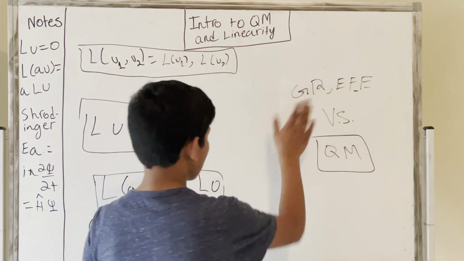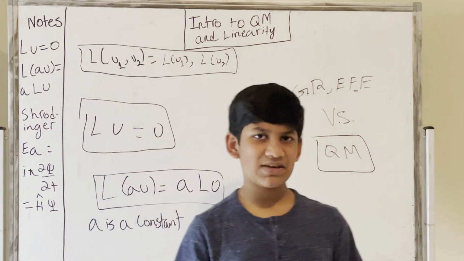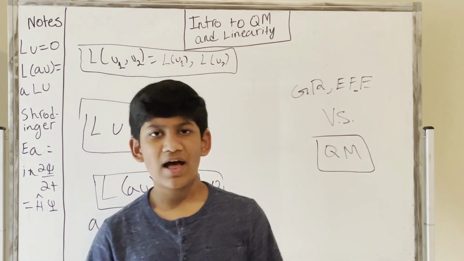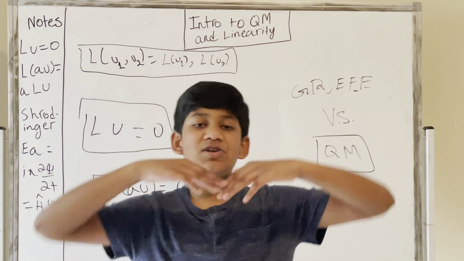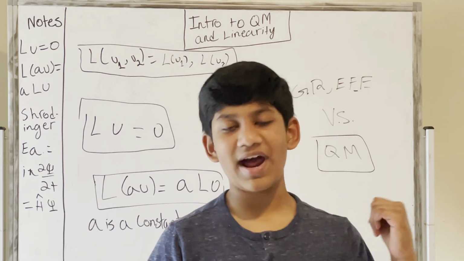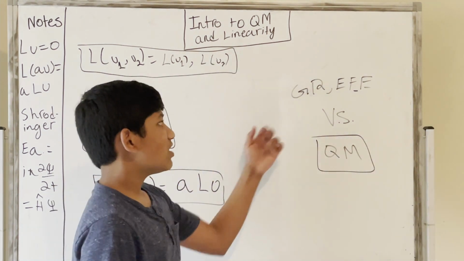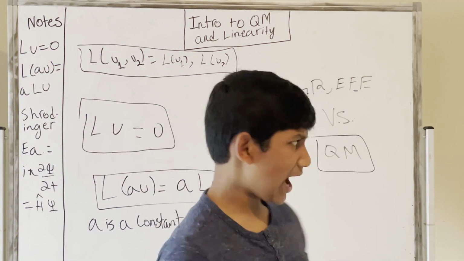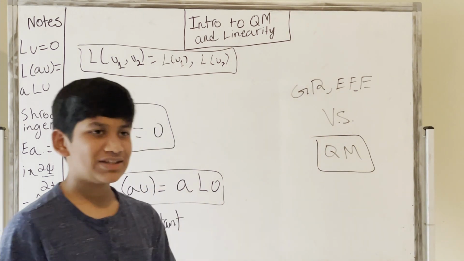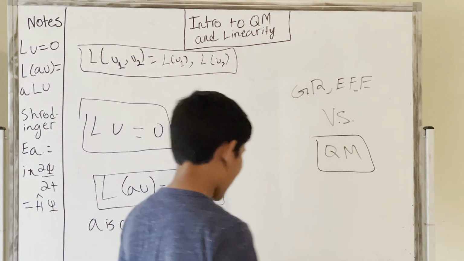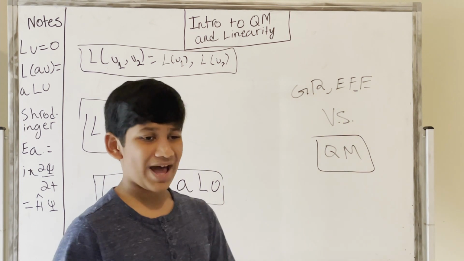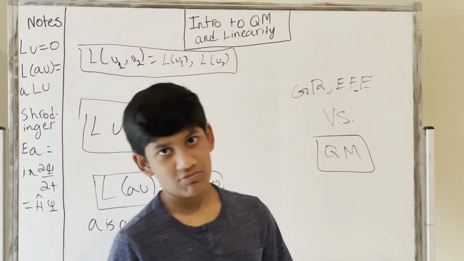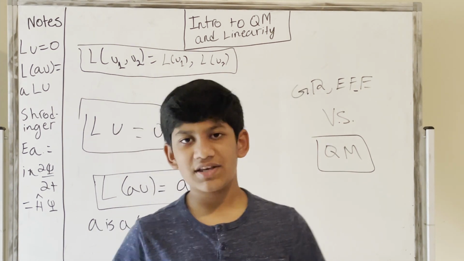Now, let's look at what general relativity is. General relativity essentially is just talking about space-time curvature. Imagine if we have a big planet, the big planet curves space-time, which essentially is general relativity and Einstein's field equations. So we will talk about general relativity and Einstein's field equations in another video. So now, let's talk about what QM is and how we can actually use it. So if someone asks you what's the difference between these, you will say probably GR, which is general relativity, is just dealing with the big, and QM is dealing with the small.